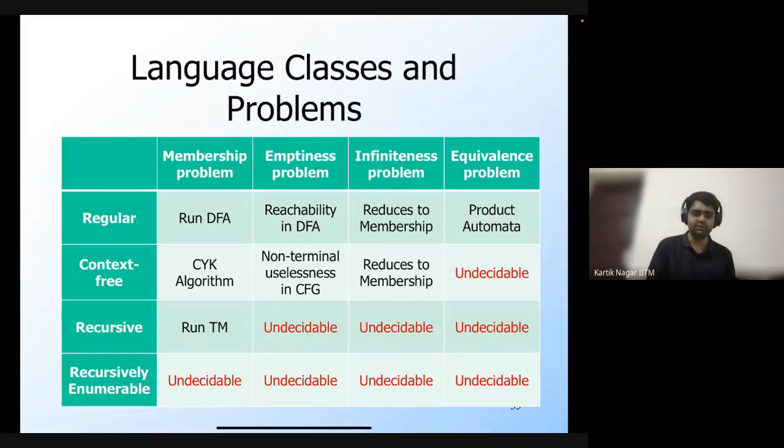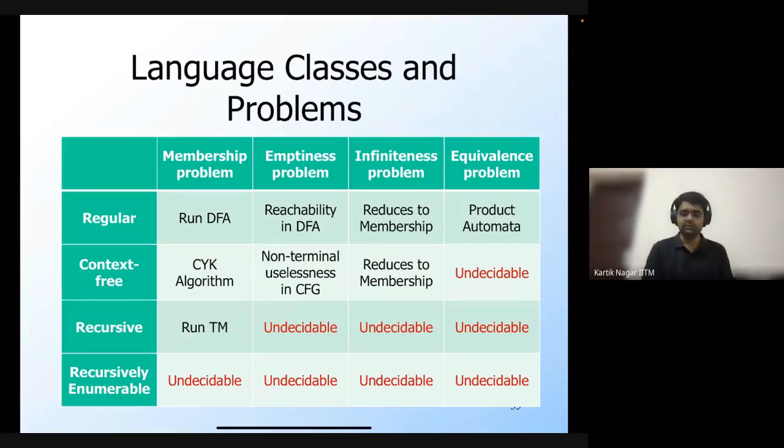Similarly for recursive or recursively enumerable languages, although we have not seen grammars, as I said when I discussed the Chomsky hierarchy, there are unrestricted grammars which can define both recursive and recursively enumerable languages. So you would ask, given the language description, whether this language is empty. Then there is the infiniteness problem, which asks whether or not the language is infinite, and the equivalence problem. It says that given two language descriptions, are the languages equal?